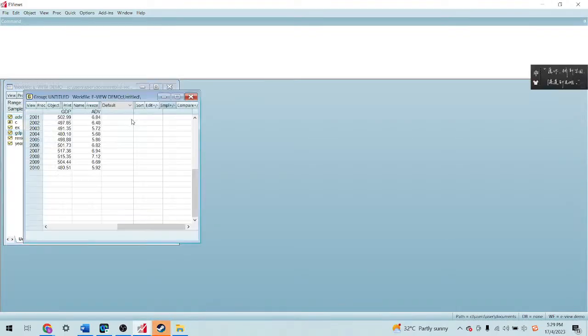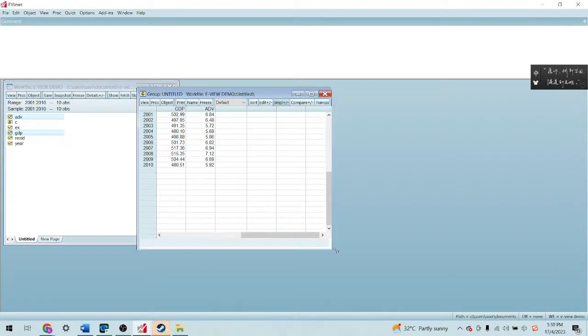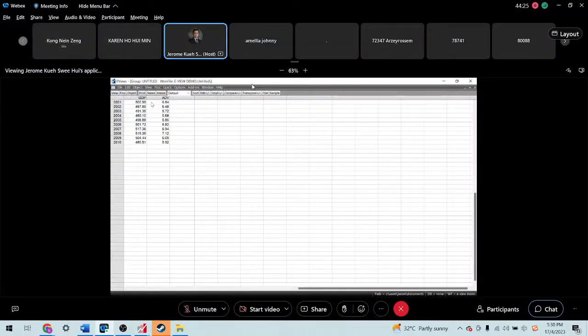So in this case, EViews will read this GDP as a dependent variable. The first column here normally represents the dependent variable, and then followed by independent variables. Alright, so this is how we do the setup of the model specifications in EViews.